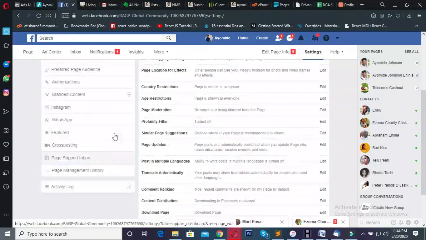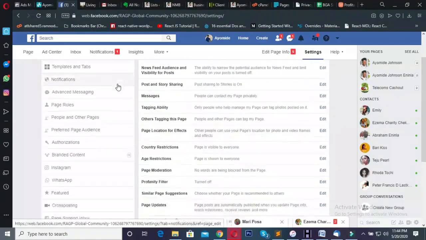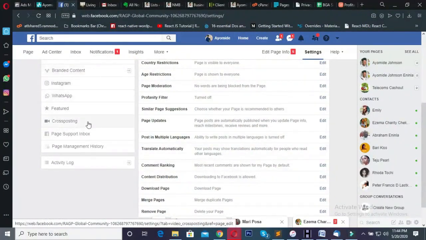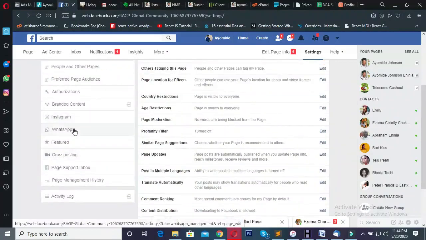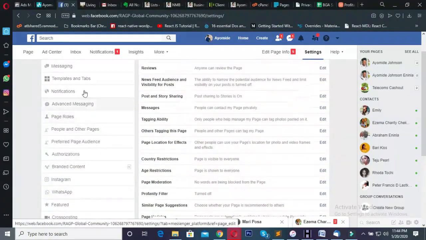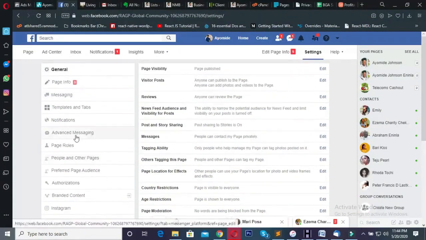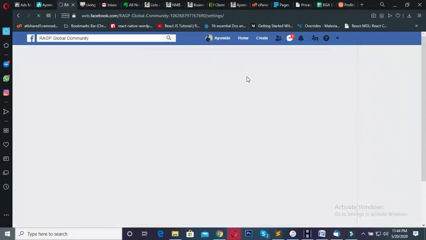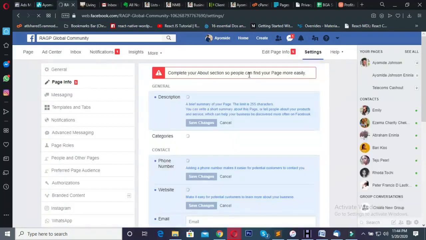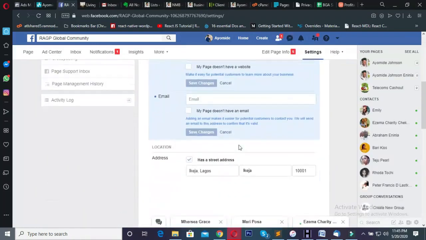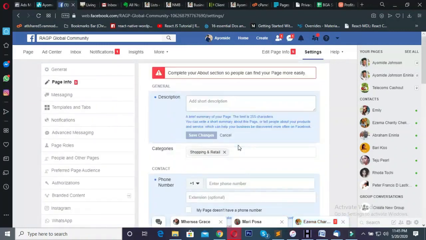Okay, so this area is where you get to manage the settings for your Facebook page, add your Instagram, add your WhatsApp, and configure the messaging, configure how it looks, and so on and so forth. So this is where you get to configure the whole page, everything about that page. So all these are things you can always come back to, but it's also very important